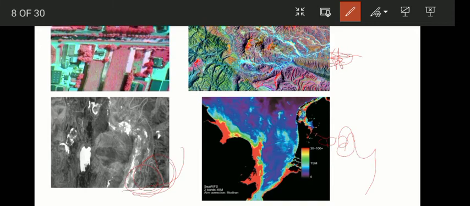And this black and white image which you are seeing here is a thermal scanner image. This is a nighttime airborne thermal scanner image over a coal mine with dark zones. The dark zones which you are seeing here particularly show the cold surfaces, while the light ones show the high temperature zones in that particular area.